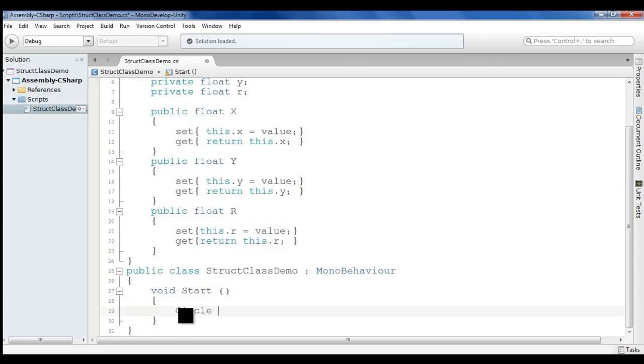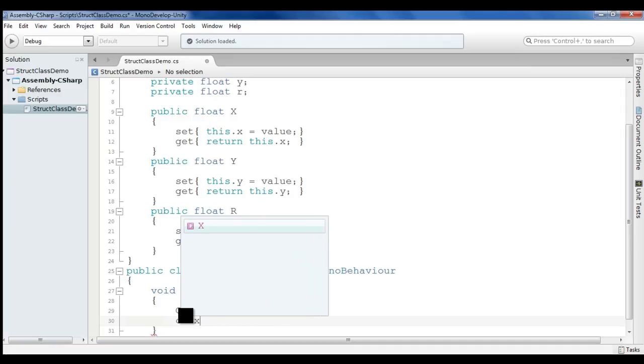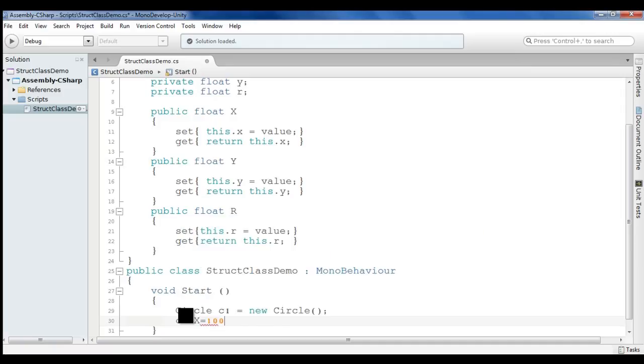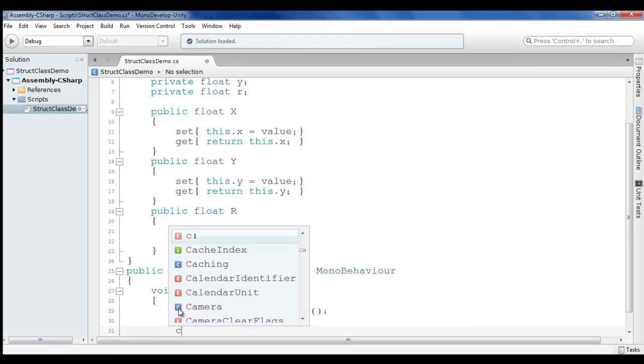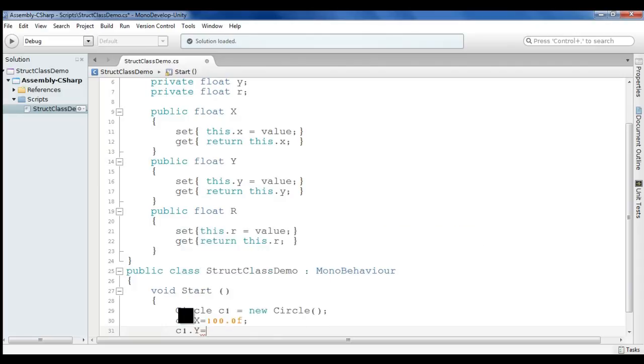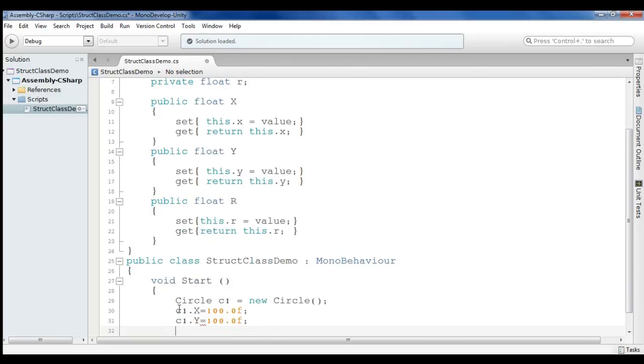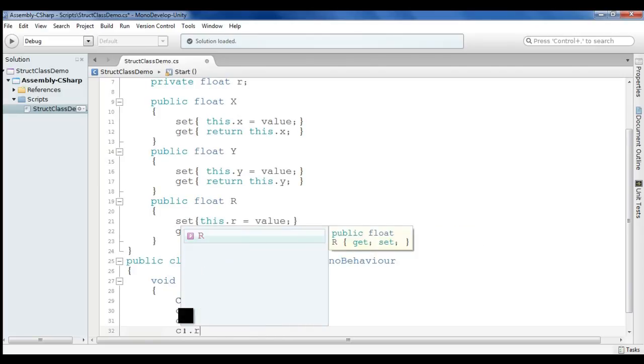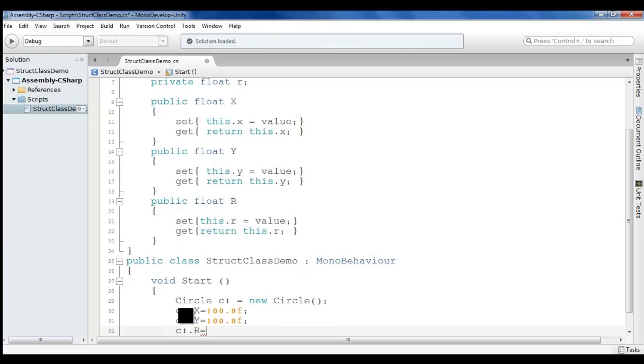So circle C1 is equal to new circle, and I can say C1.x is equal to 100.0f, C1.y is equal to 100.0f, C1.r, the radius, is equal to 100.0f.